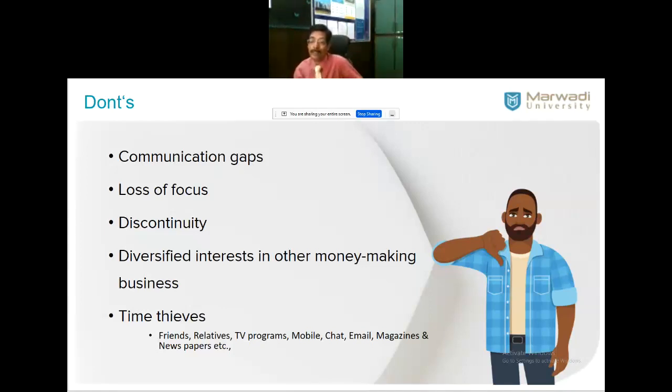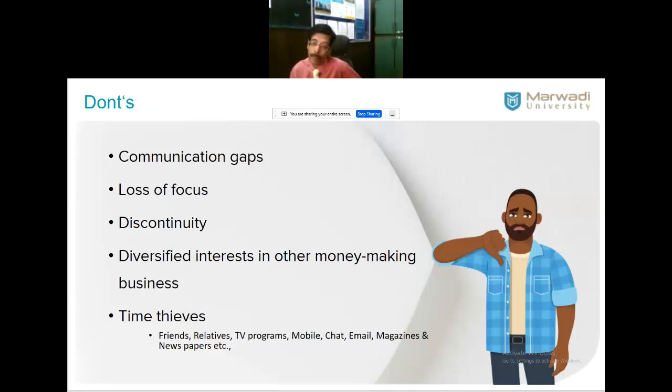Loss of focus, in research itself. Sometimes you feel, I want to become an associate professor and get promoted. You start with a passion. After that, there is a loss of focus. You feel like something else has come. After choosing a title also, you are marching in the research, but there is a lack of focus. Somebody has said, sir, image processing is an old thing, you go for blockchain, that is the latest thing. The MBA fellow may say interactive marketing is old, now you go for a new concept. So this kind of lack of focus will also be there. Once you freeze the topic, never change the focus.